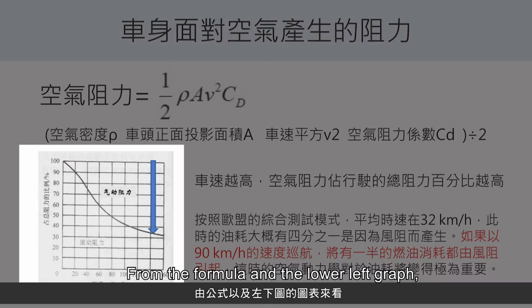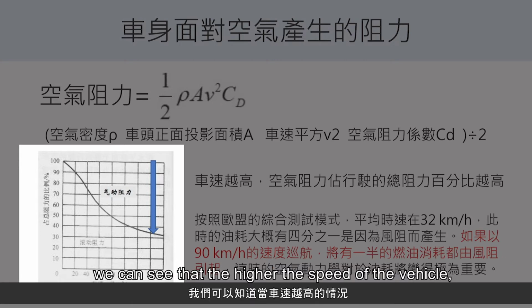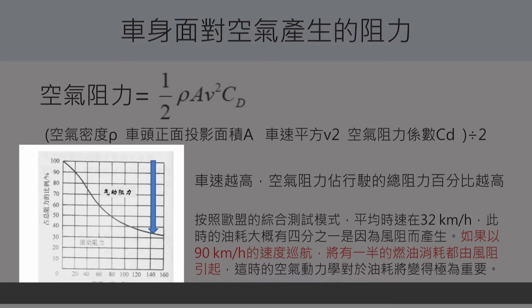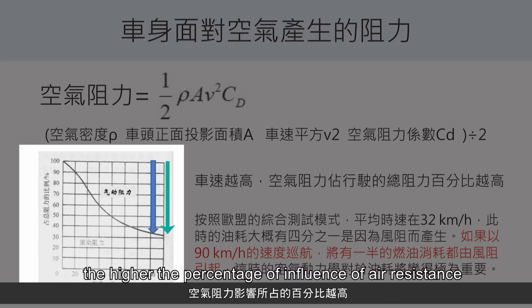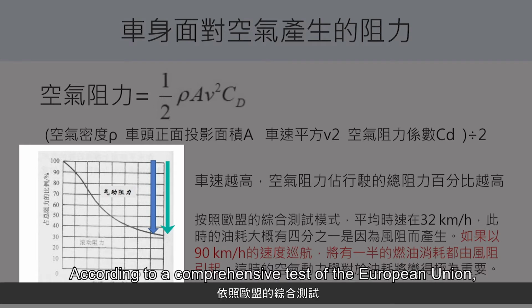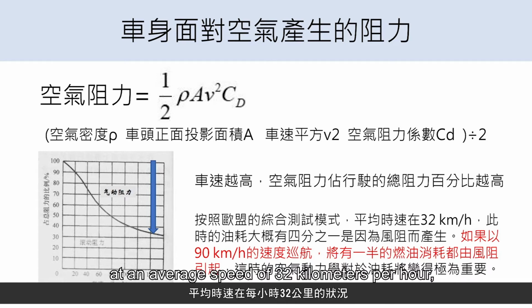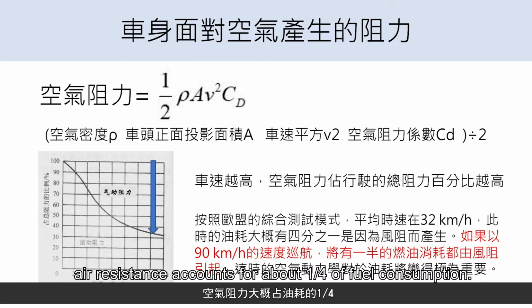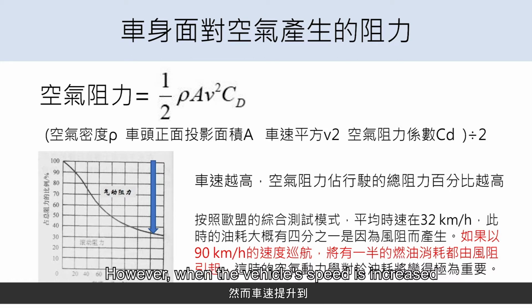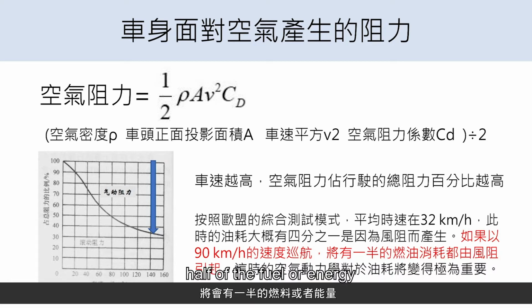From the formula in the lower left graph, we can see that the higher the speed of the vehicle, the higher the percentage of influence of air resistance. According to a comprehensive test of the European Union, at an average speed of 32 kilometers per hour, air resistance accounts for about 1/4 of fuel consumption. However, when the vehicle speed is increased to 90 kilometers per hour, half of the fuel or energy will be